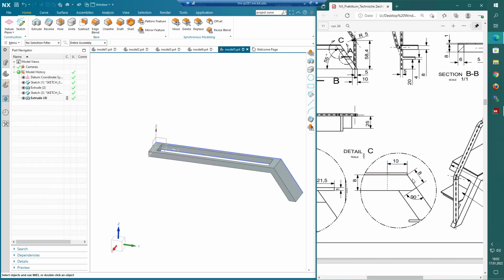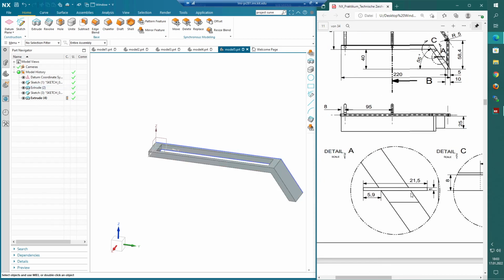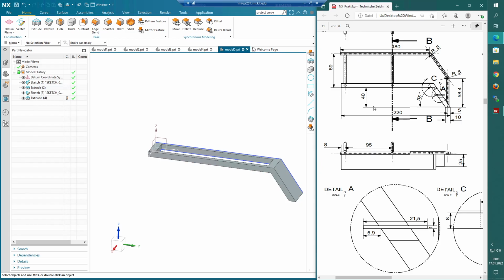Maybe we can see that at the detail C. Okay, it's stopping exactly at the end on top here. And also, let me see. And it seems to also stop exactly on the other side. So we can simply sketch